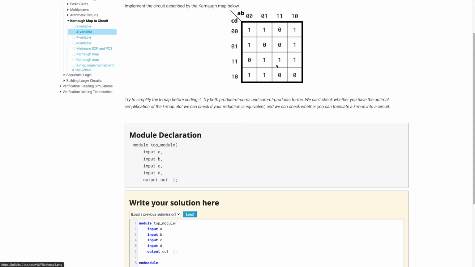Oh, they want us to reduce it, which is like,